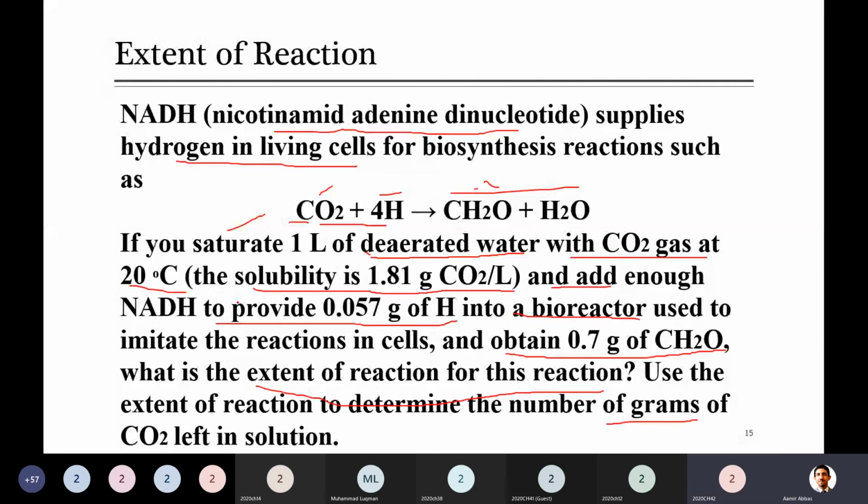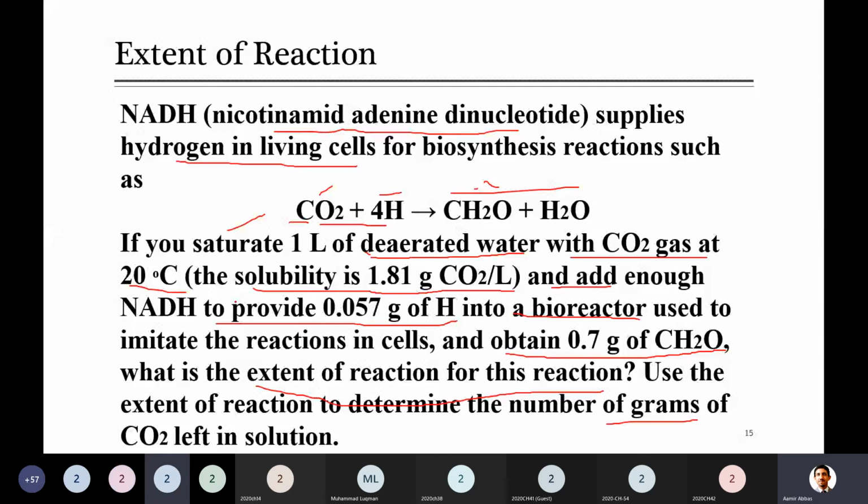Sir, one hydrogen is given and one product is given, right sir? We have the amount of hydrogen as well as the amount of the other reactant, carbon dioxide. Both reactant amounts are given in the question and the amount of product is given. So what is your suggestion? First we will find the moles of these. Yes, we will find the moles, because the equation of extent involves moles. But based on the previous example we just discussed, which thing is best to go with?